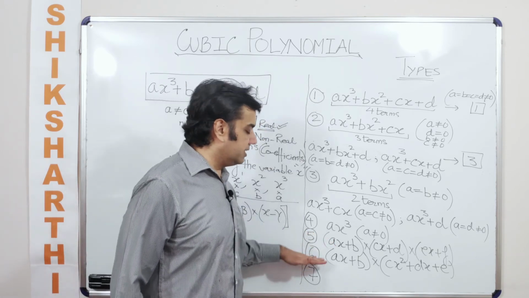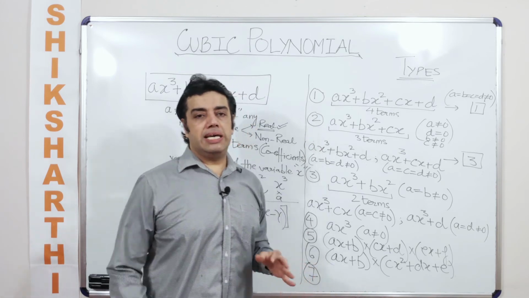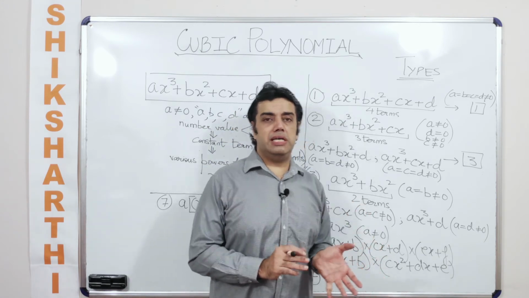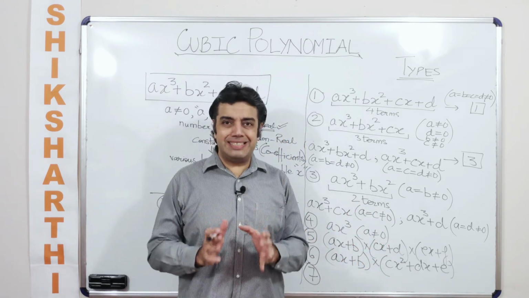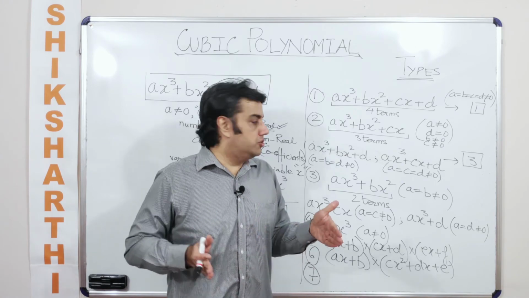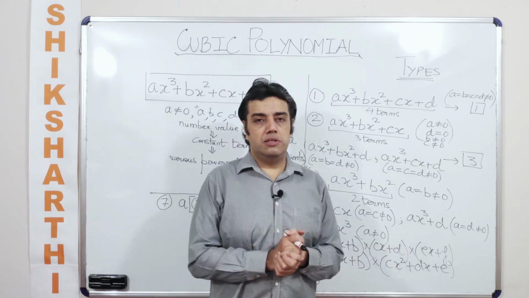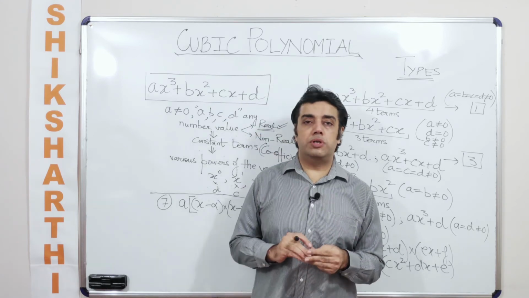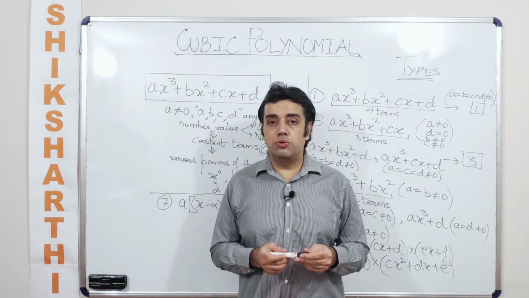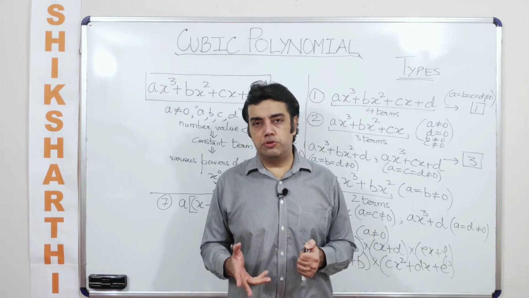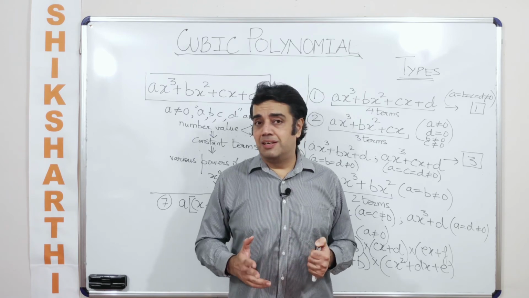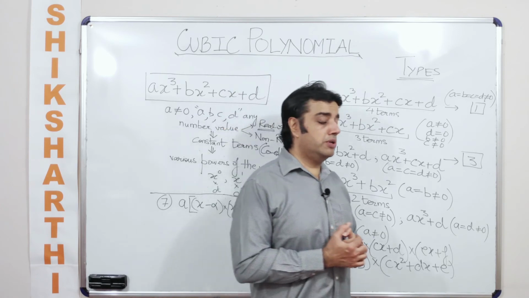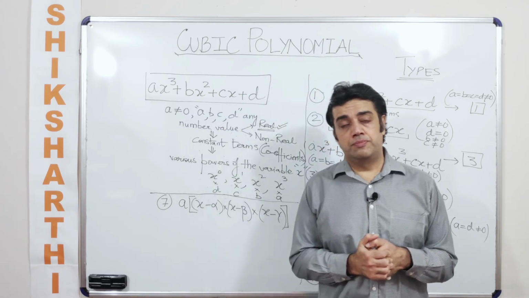So broadly you would see that there are 6 ways in which I can combine various polynomials in a single variable multiplied with each other, right, to form a cubic polynomial. Now in our subsequent videos we'll be talking about what is a zero of a cubic polynomial or a non-zero of a cubic polynomial, how are the factors, what is the sum of the factors, what are the roots, what is the sum of the roots. Thereafter we'll be talking about the same in other videos, right?